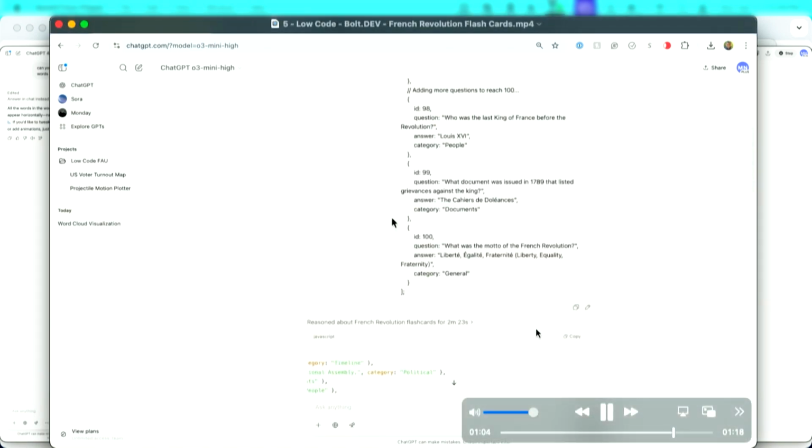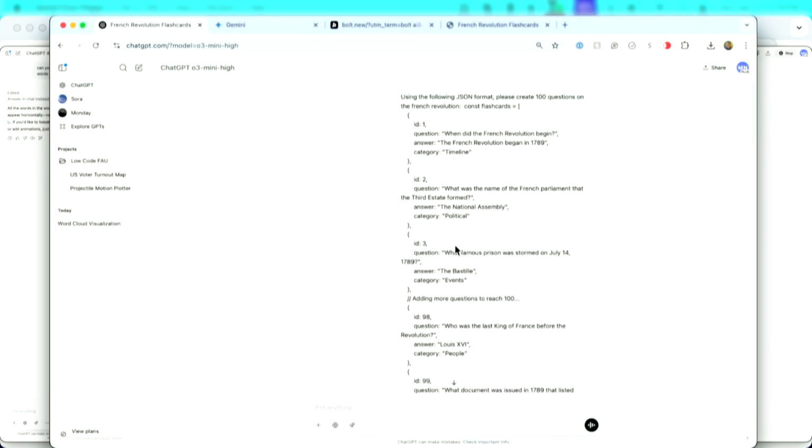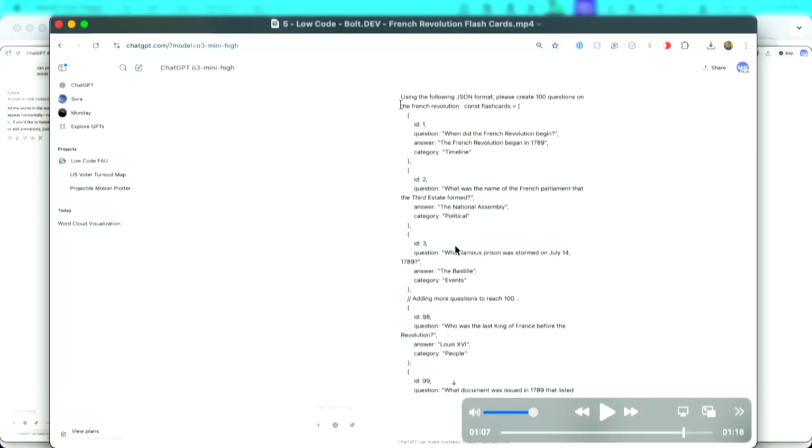So what I did was take the sample of questions that it created in one of the files, and then I came to ChatGPT, which I think has a more robust or larger vocabulary, database, information, however you define it. And I said, can you create 100 questions using this format on the French Revolution? And so it went ahead and did that.